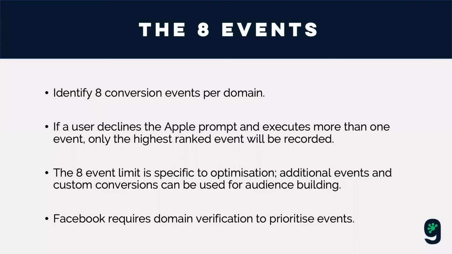So you're going to have to get more specific with your bottom of funnel website remarketing campaigns to cover all of the events someone might take if they've opted out, so you don't lose any tracking where that event hasn't been sent back if you're not remarketing for the next event in your customer journey. And in order to even set the event prioritization, you need to verify your domain in your business manager. And that's super important. You can verify as many domains that you own, and that will then allow you to go into your events manager in your ad account and choose and set your priority events.